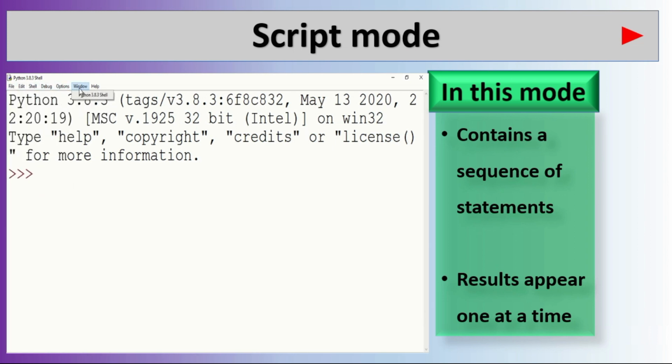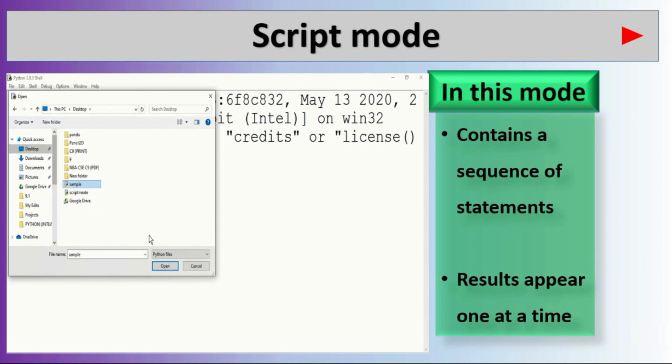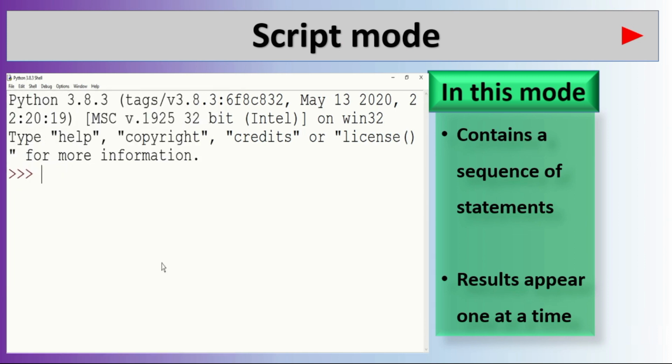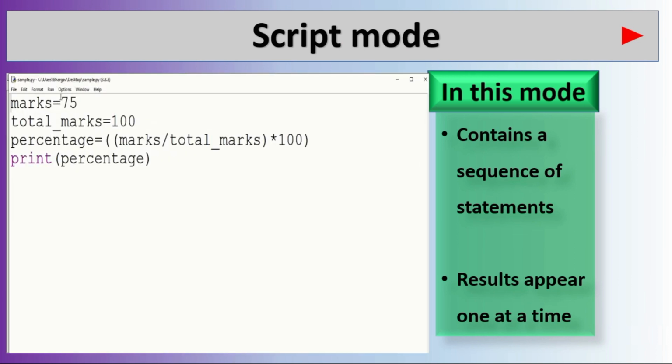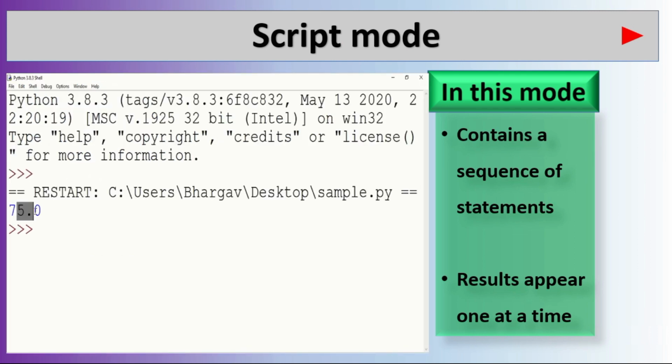Now open the file. File, open, the sample Python file. Click on Run Module. See here the percentage is displayed, 75.0.